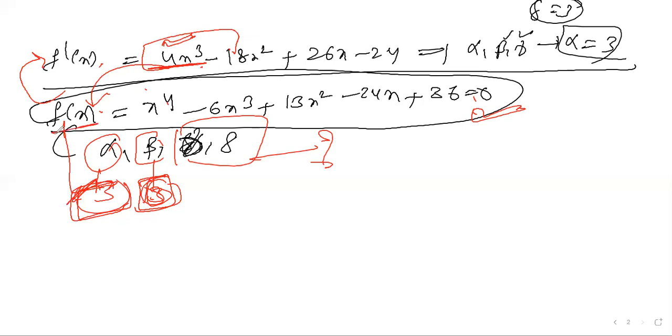Okay, 2 roots you got. You have to find out the rest of the 2 roots. Clear? Are you following me or not? So the rest of the 2, how you get is,